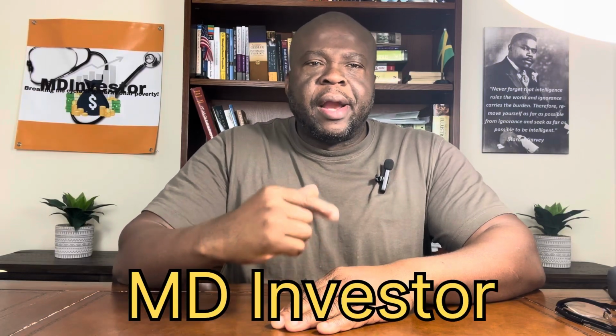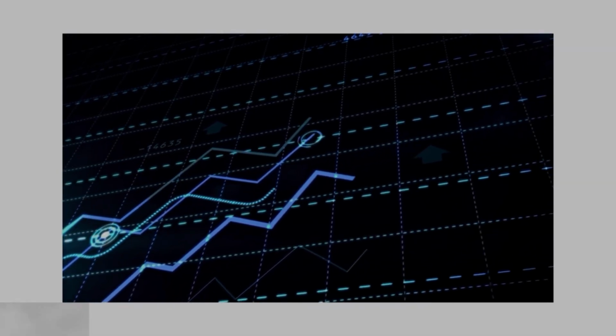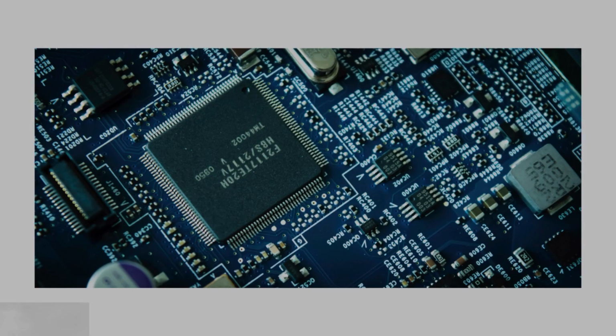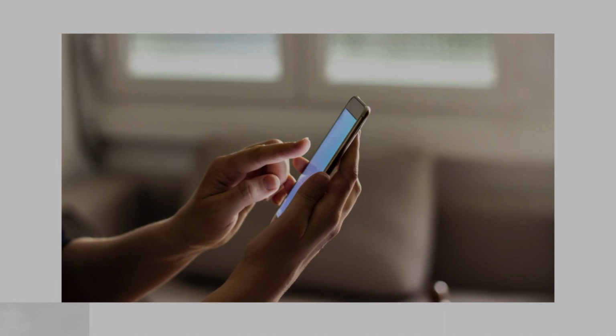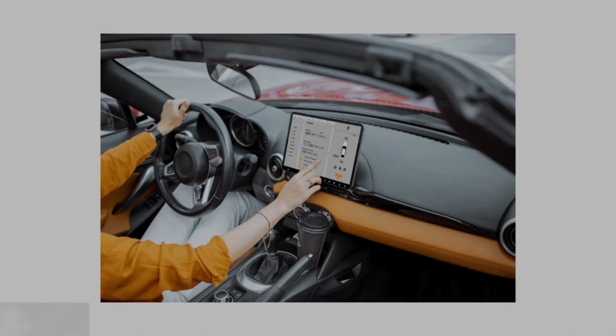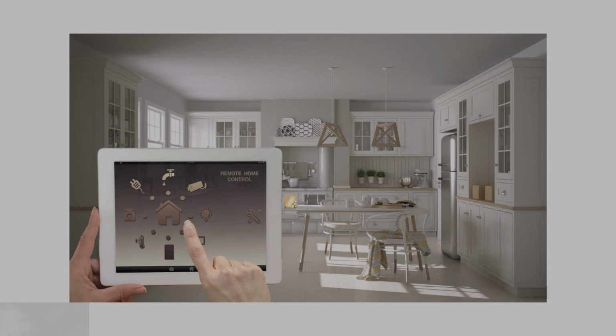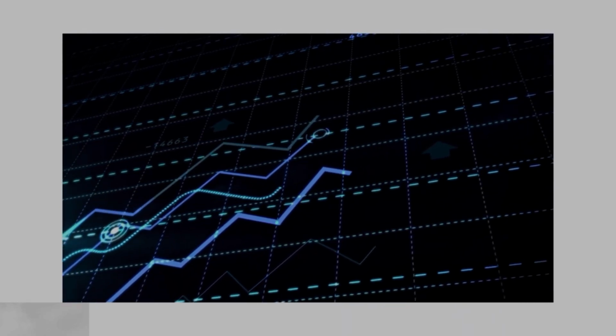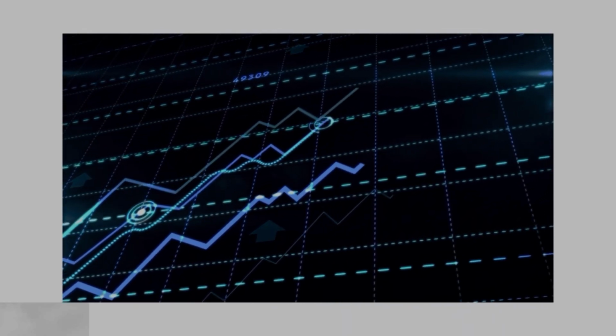Today we're reviewing another semiconductor ETF because there's tremendous growth opportunity in the semiconductor space. As we already know, the semiconductor is at the heart of the computer chip and is involved in all the smart devices that we use: our cell phones, our automobiles, our homes, right? They're involved in everything, and going forward, it's only going to remain that important. So there is a tremendous amount of growth opportunity to grow your wealth, your retirement, your portfolio.